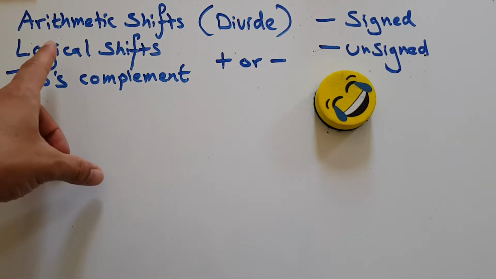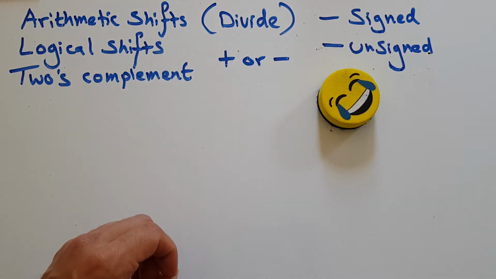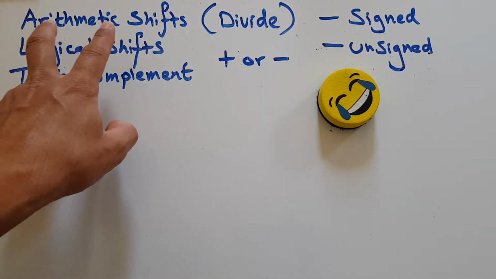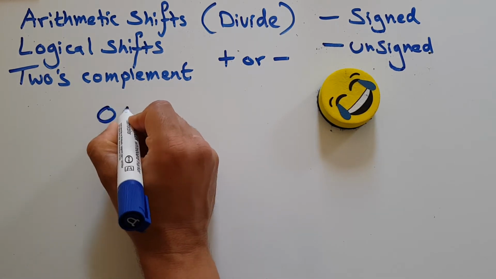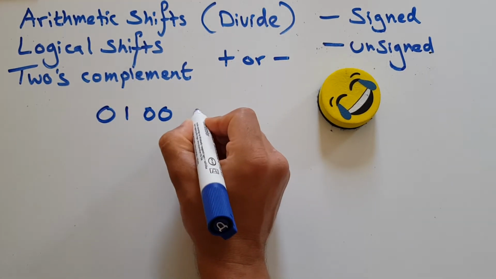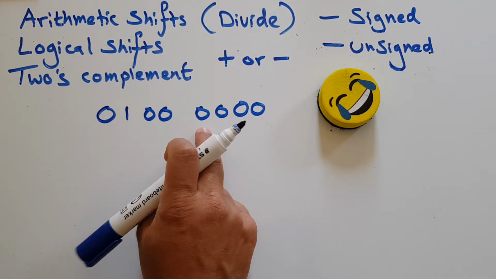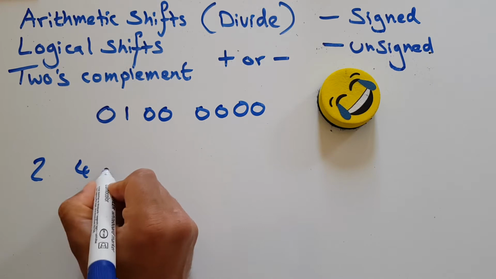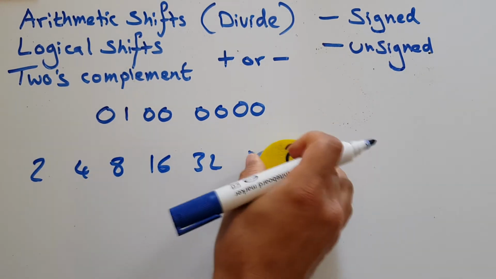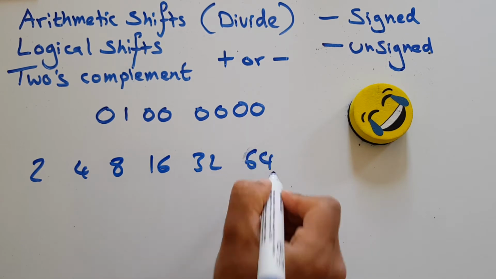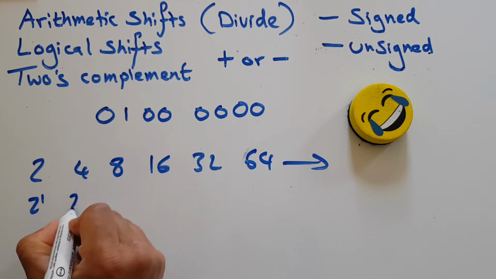This video is about arithmetic shifts, doing a division. Well, what is an arithmetic shift? Well, it's a way of taking a binary number like this and, in this case, dividing it by one of these numbers. And so on. So what are these numbers? Well, you can see that they are all